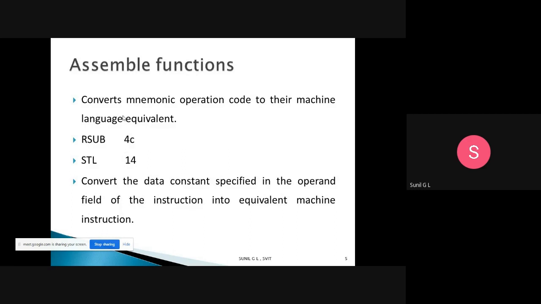Usually all equivalent codes are stored in the assembler table, so they will be taken from that and converted into machine language.